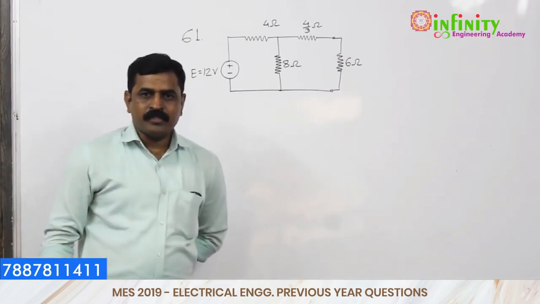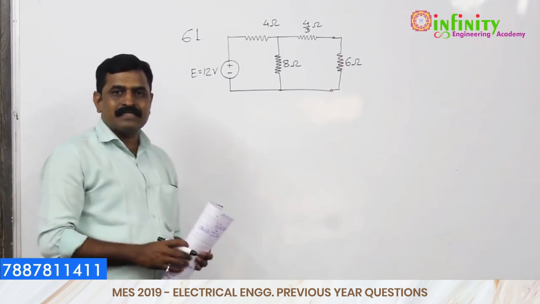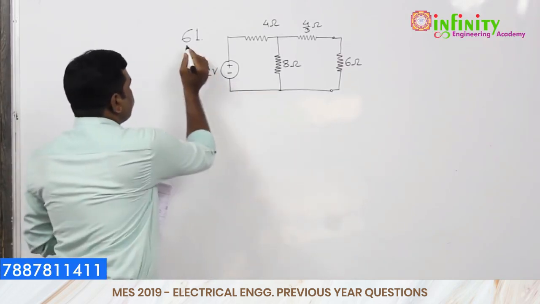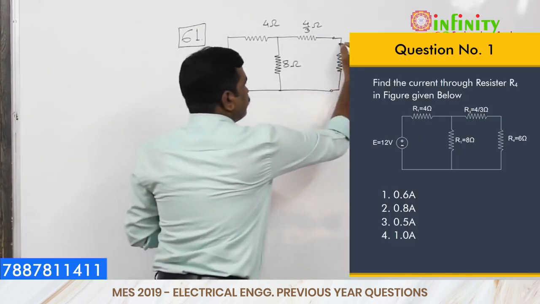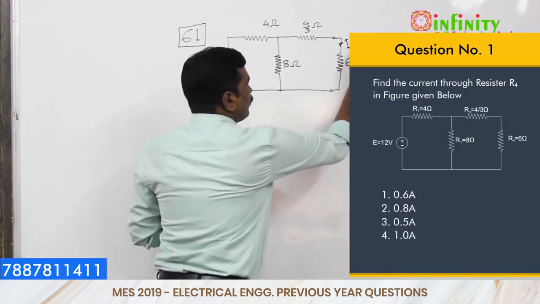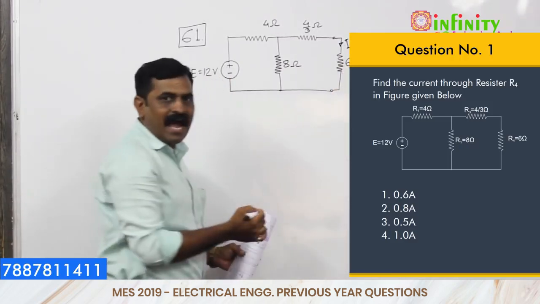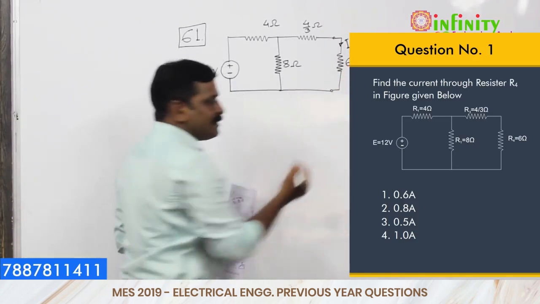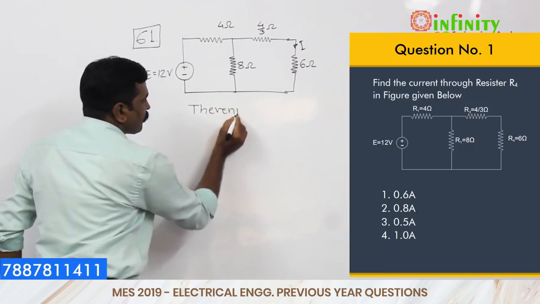Hello friends, I am Pramod Deshkari and we are going to discuss the analytical part of MPSC questions. This is question number 61. What is the value of current flowing through the 6 ohm resistor, that is nothing but the R4? So to determine this particular part we can use Thevenin's concept,